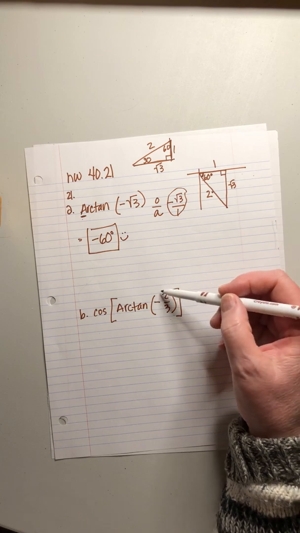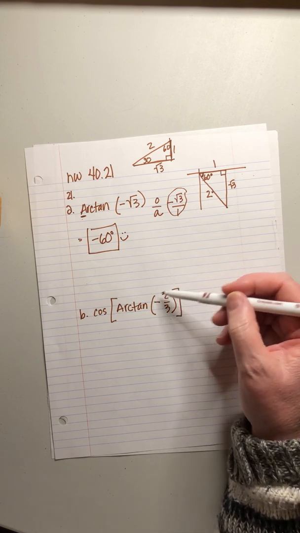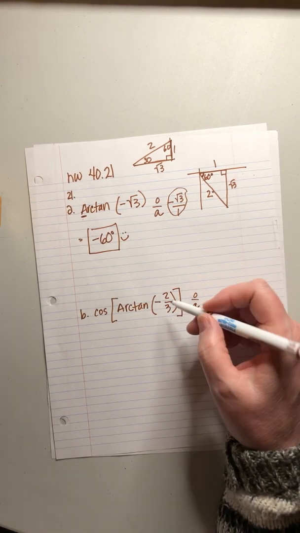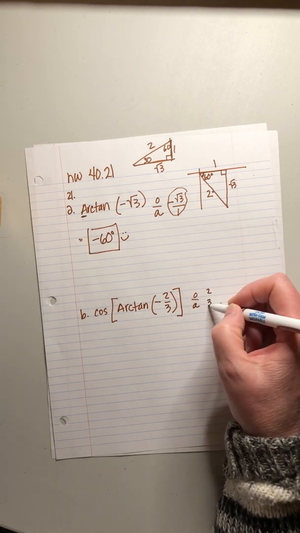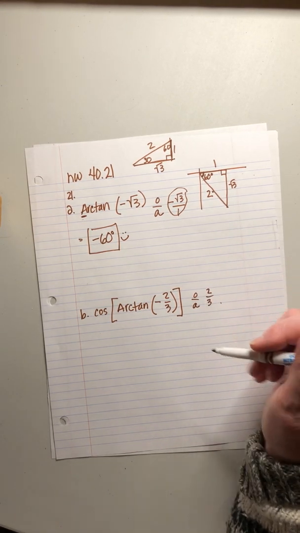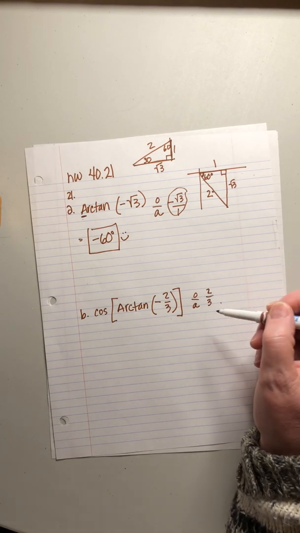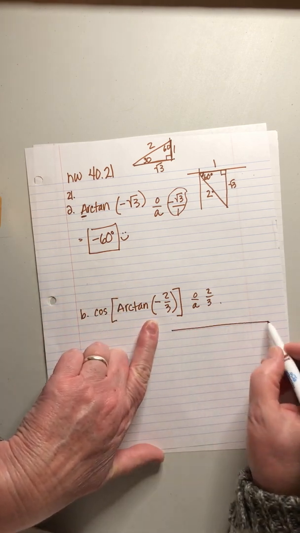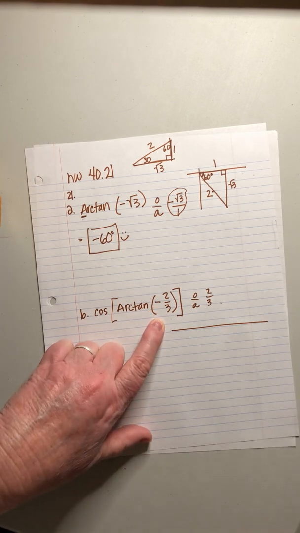Except when we look at this, right away we can say, okay, there is no reference triangle. Tangent, again, is opposite over adjacent. There is no triangle that has an opposite side of 2 and adjacent side of 3. That's not either of our reference triangles. So we know this isn't going to be a reference triangle, and so we know we're going to be making this up. Now, we do know that it's negative tangent. And we know,